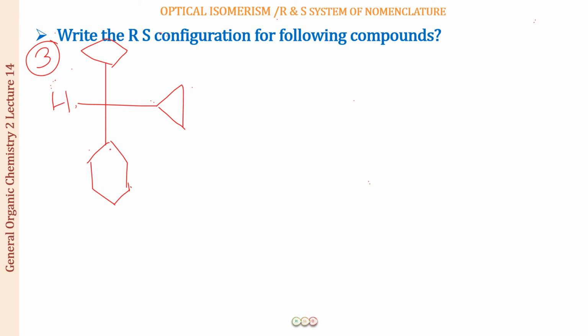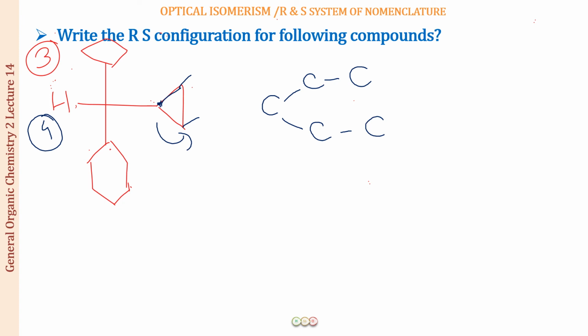So obviously hydrogen is going to be group number 4. There is no problem in this. Now look at this one. So how you deal with a cyclic structure is, this is a carbon. This point, this is the carbon. Fine. So this carbon is attached to carbon number 1 and carbon number 2 before it comes back to the original point. So what you can do is you can write this as a C, which is attached to a carbon and to a carbon, and on the other side go back again from this side now. So you can write this as a C and a C. This is how you have opened up this ring.